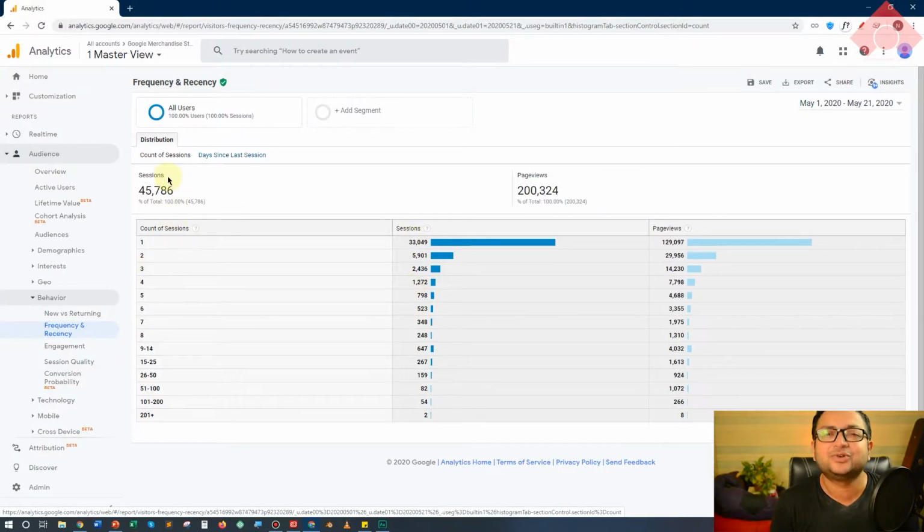The main trick is to understand what count of sessions is, because it is not as simple as the number of sessions. So for now, I will move out of Google Analytics and take you to a small explanation of what this data means.